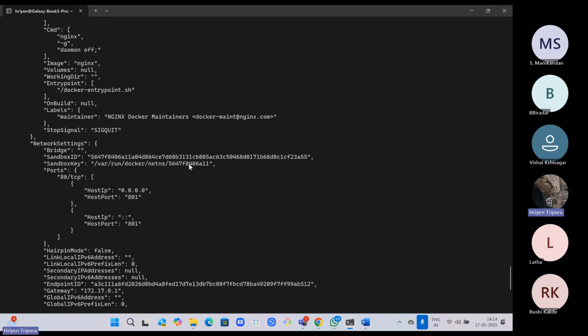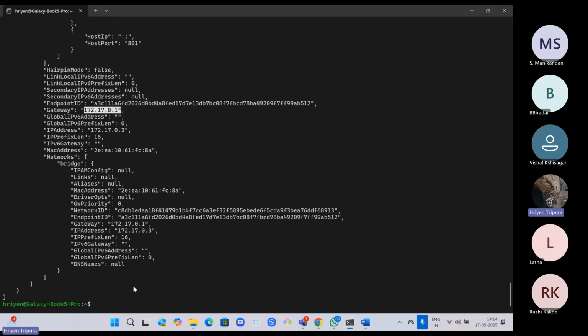As I mentioned, this network can be attached or detached depending on your need. You can attach or detach it to particular containers as well. Okay, so this is the high level, and you can see the gateway IP as well. This is all for now. You can understand, and now next,